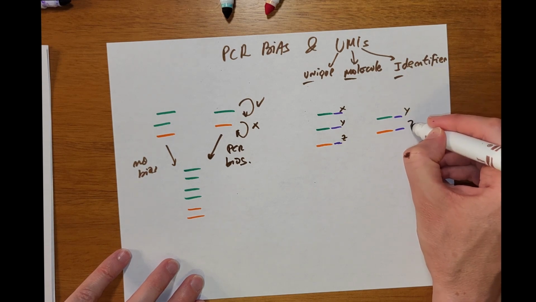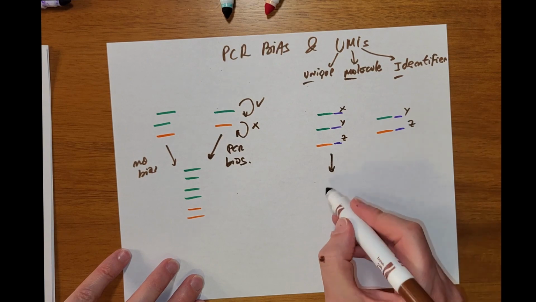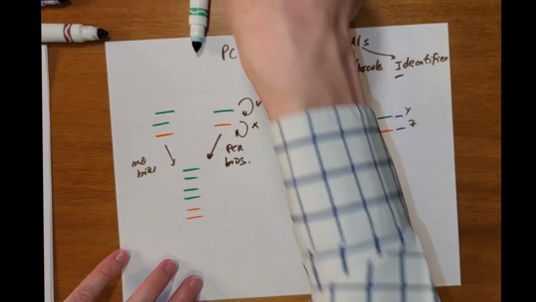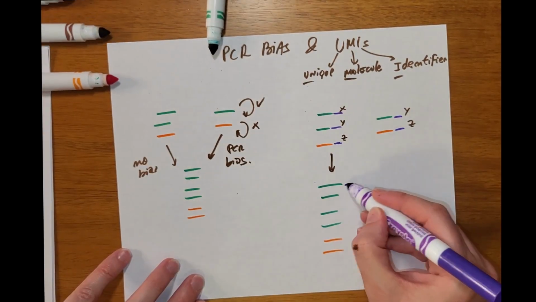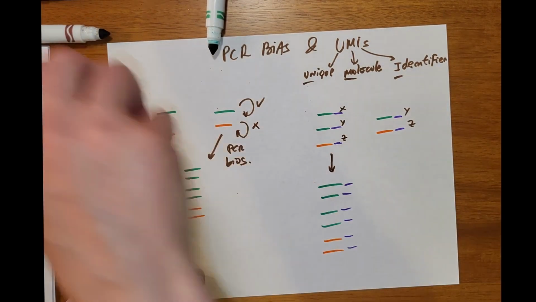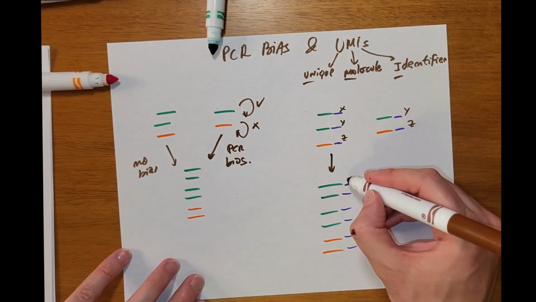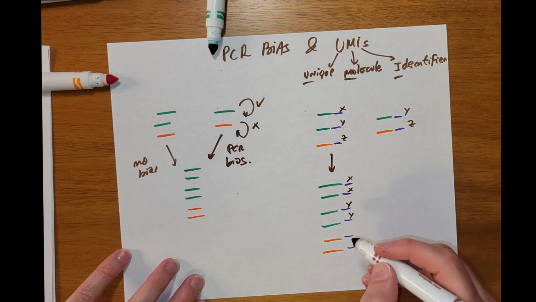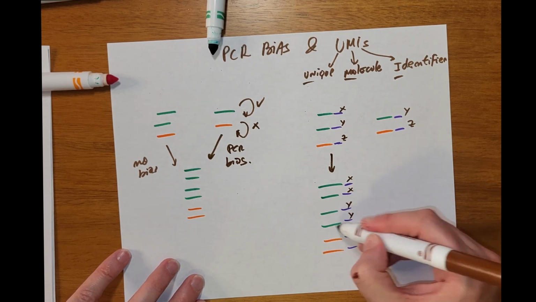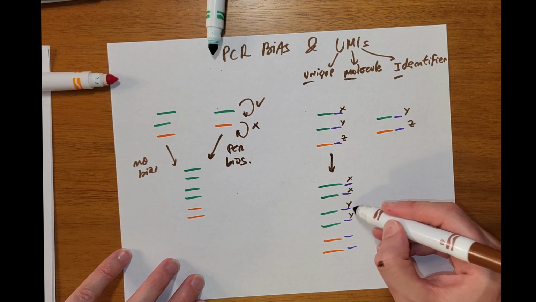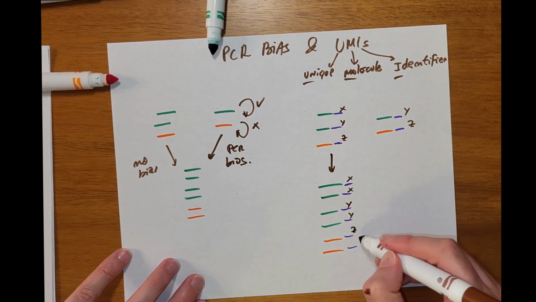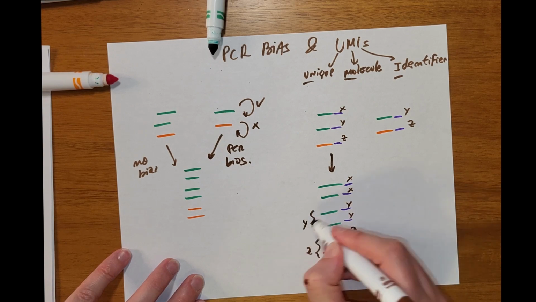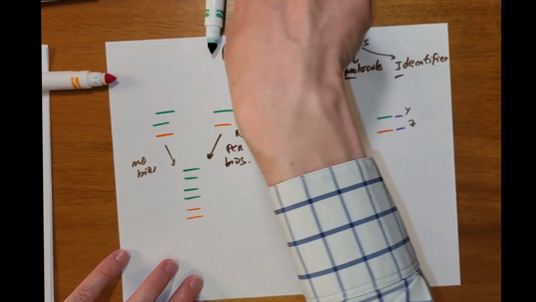we just have Y and Z, if we don't have PCR bias, we will end up with a situation where we have the same proportion of reads. But then if we go and look at the sequence of that unique molecule identifier, we will see that this has X and X, and this is a different one. So these sequences here are coming from amplifications of the first original molecule, the same for here and the same for here. So then we can collapse all the reads with the same unique molecule identifier, and we go back to